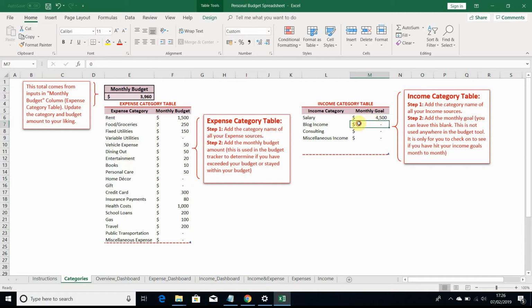It's not being used anyway, but you can say, well, every month I would like to be able to make $1,000 on my blog. Consulting, I'd be happy with $300. Or you can say, I don't really care. I don't want to put anything in here. It's all up to you. Now, if I go to income,